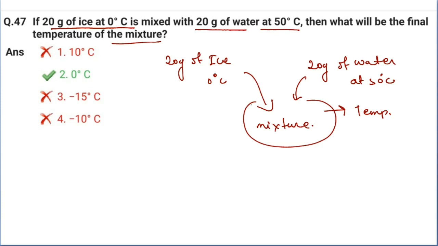So here, the 20 gram of ice at 0 degrees Celsius comes first. It requires heat to become 20 gram of water. For conversion from ice to water, it will require heat. So 20 gram of water at 0 degrees Celsius. For this, heat required